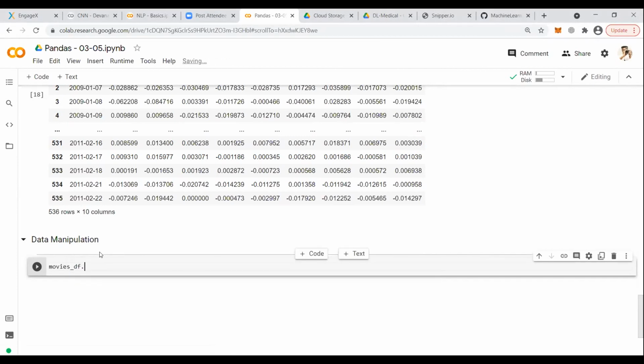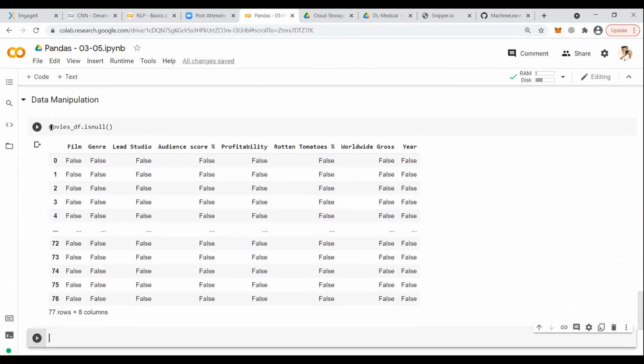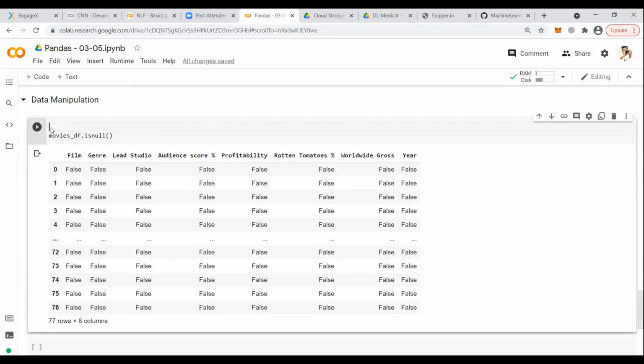Movies_df dot isnull function. True and false for missing values.